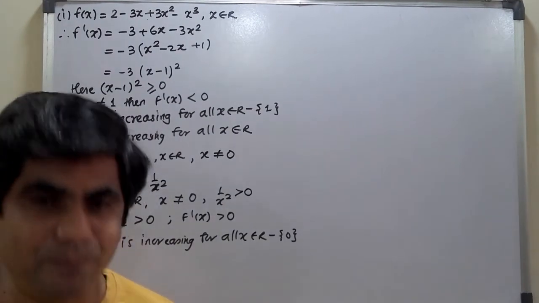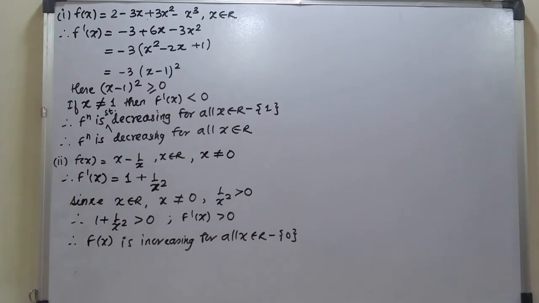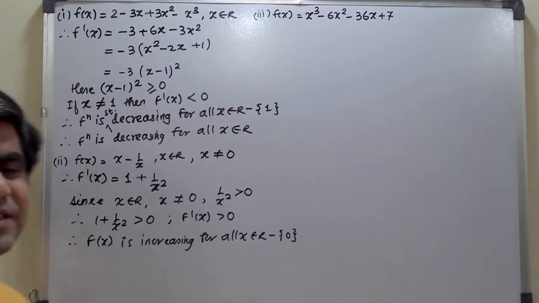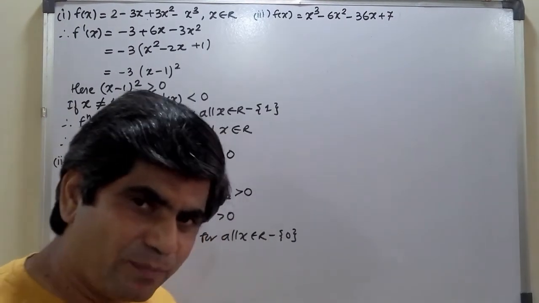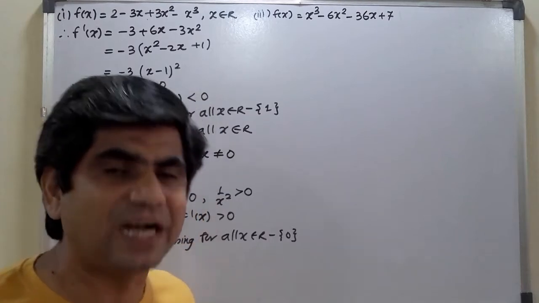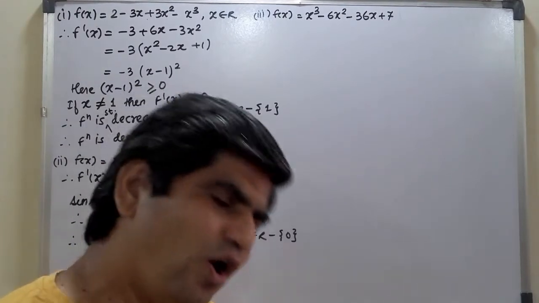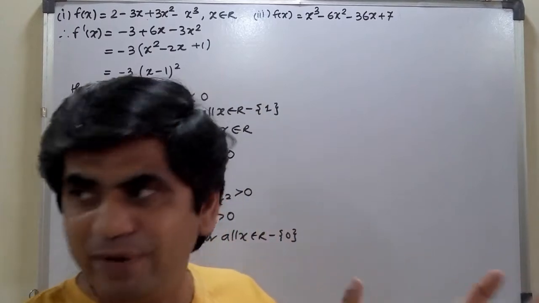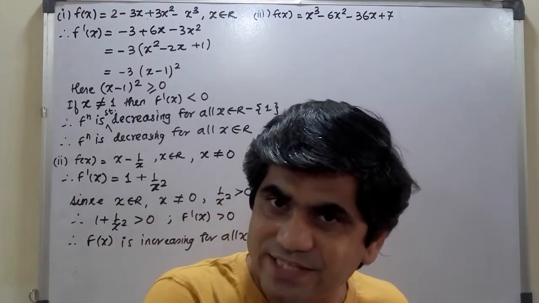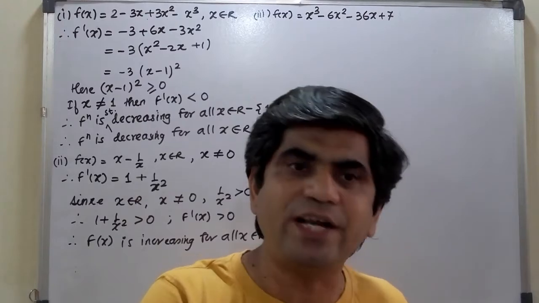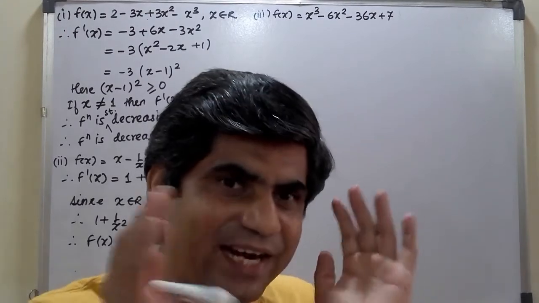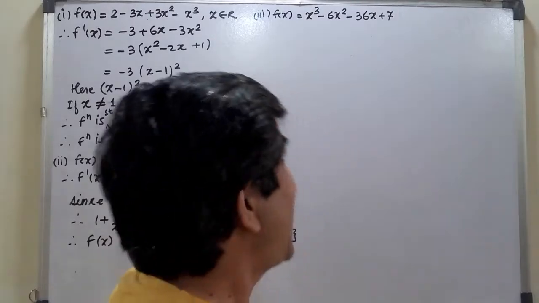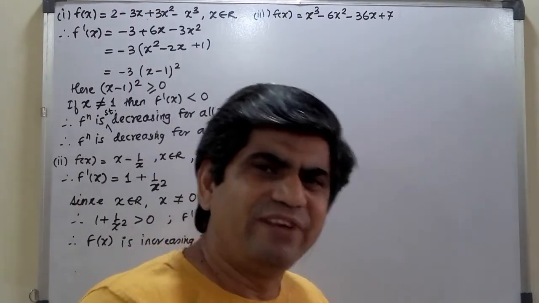Now we will find the points where it is actually increasing or maybe decreasing. Now I have written a question which says f of x is equal to x cube minus 6x square minus 36x plus 7. To find out whether it is increasing at that particular point or decreasing at that particular point, you know very nicely that even if it is increasing or decreasing, or having a maximum point or a minimum, the critical point is required over here. So it is not asked, but we will proceed with this particular question.